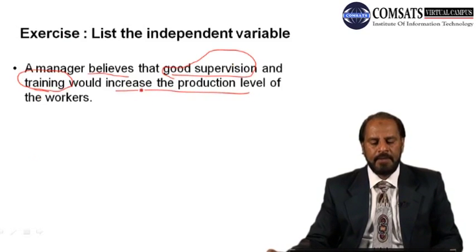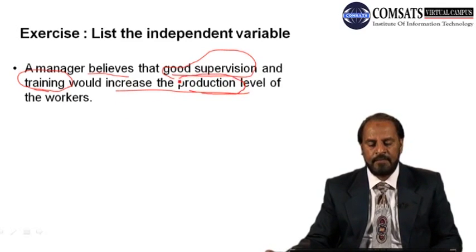So by just looking at these 3-4 lines, what we can establish, if we look at what would be the independent variables, is that the dependent variable here is basically the production level, because this is the main concern of the management. The concern is that the management would like to increase it. So this is a problem with the management. They are not happy with the production level, so they would like to increase the production. So in this case, the production level is the dependent variable,